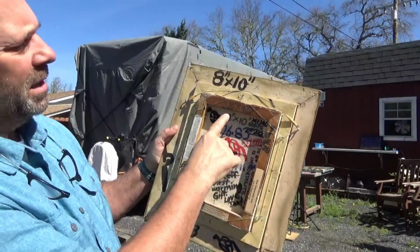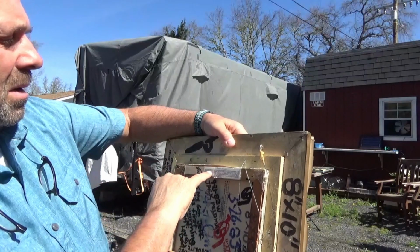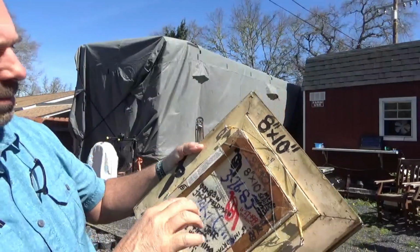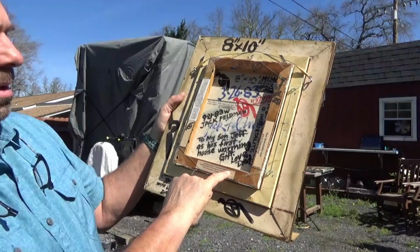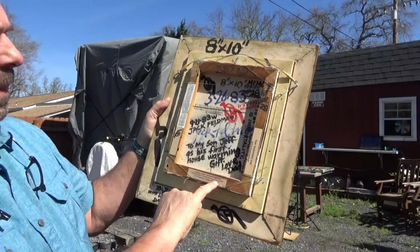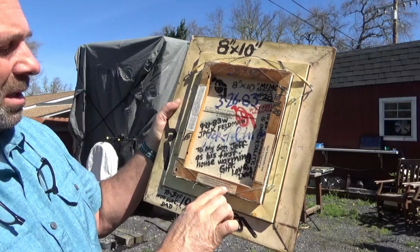J, number 28, 8x10, archival reference. "This artist's quality canvas is protected." Oh, that's the canvas from the manufacturer. And then J. Feldman, Master American Portrait Artist, Private Art Gallery, Montclair Drive, Santa Rosa. So when he was on Montclair Drive in Santa Rosa,